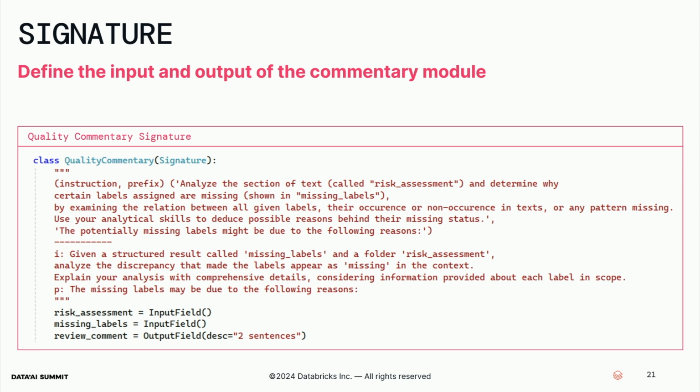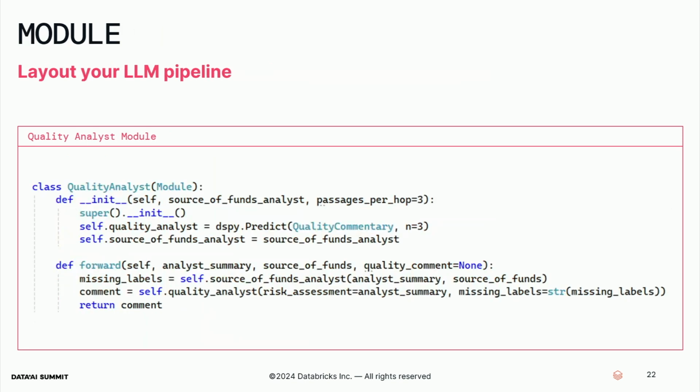So you might have said with the prior example, okay, who cares? It's a classifier. I've always been doing that for decades. Well, let's start using the current state of LLMs as a reasoning engine. We now build our module using the quality commentary input-output definition, and in the constructor, we'll pass the quality commentary signature to predict. We have our automated analyst ready to go determining what funds are missing, and then we generate a comment for the human reviewer.